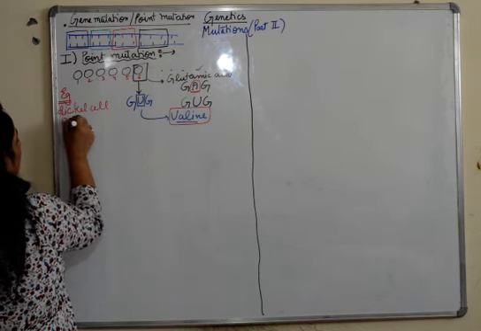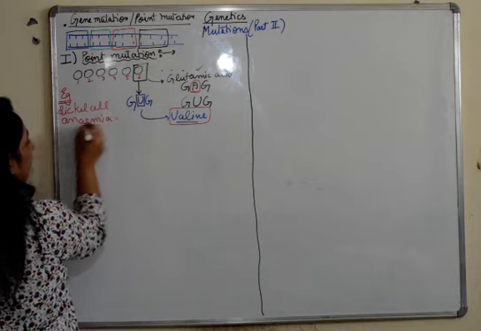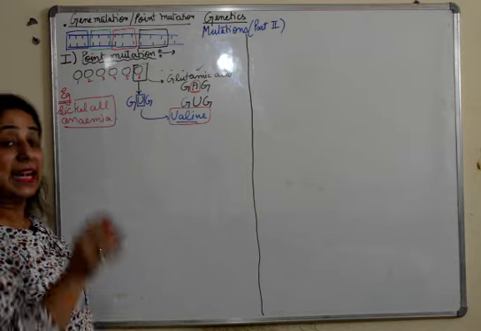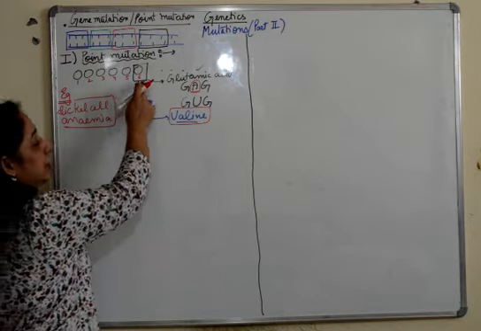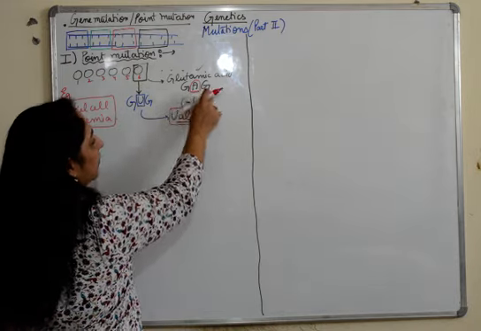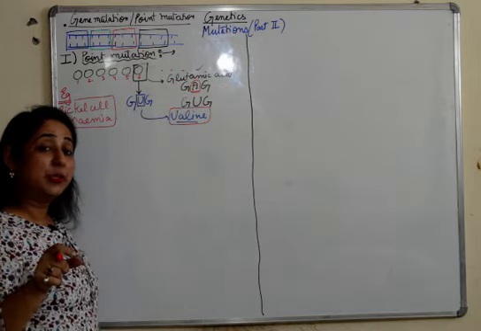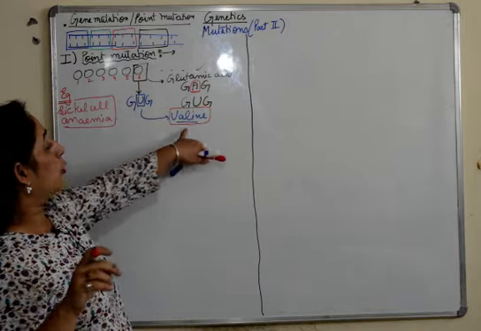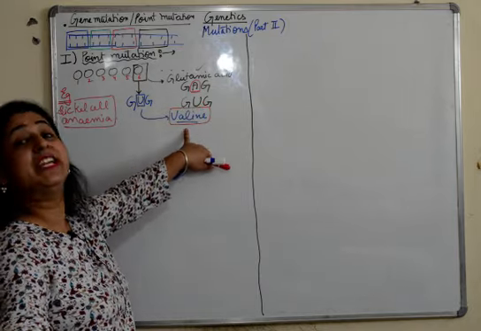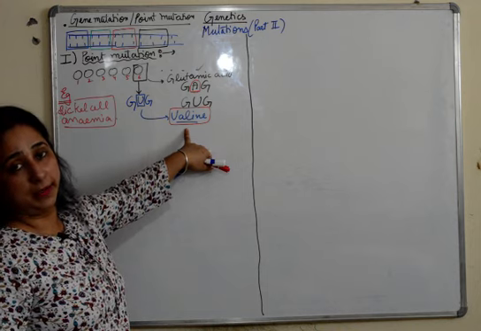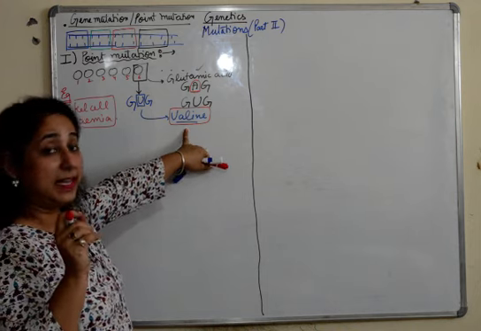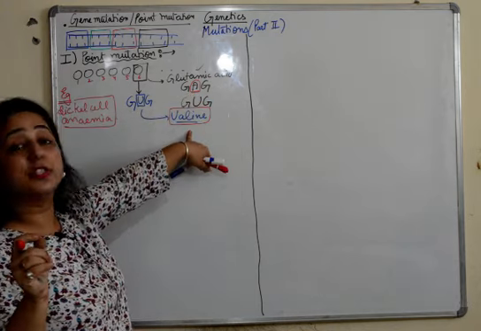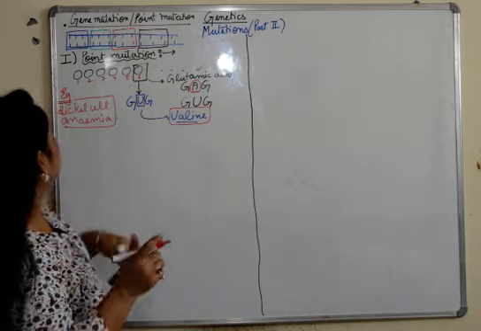anemia. Now what happens in sickle cell anemia? I have already told you that this is the chain of amino acids. At the 6th position of the amino acid, this generally codes as a GAG, which is for glutamic acid. There is a point mutation which takes place. This adenine is replaced with uracil, and hence now it will code for valine, which leads to complete change in the product which is forming. So this is point mutation. Only because of this one single nucleotide change, it has led to such a drastic change. So this is known as point mutation.